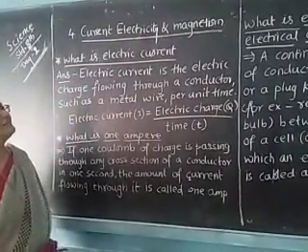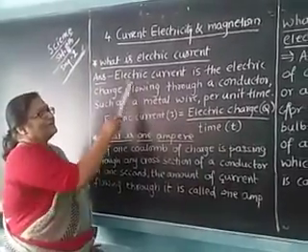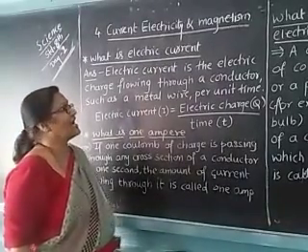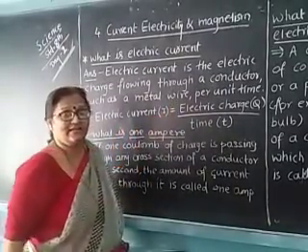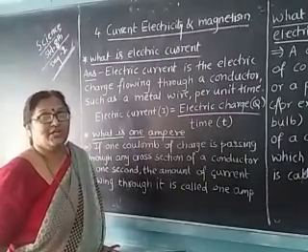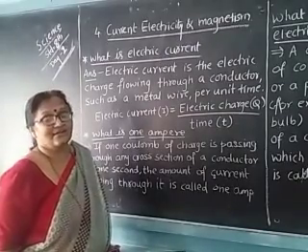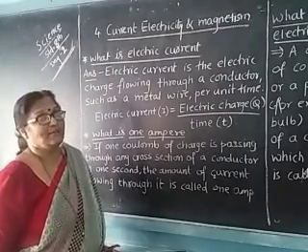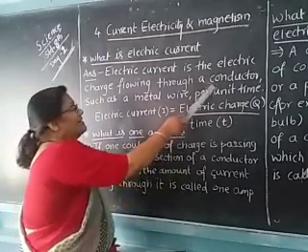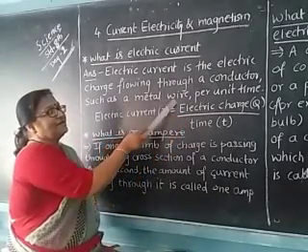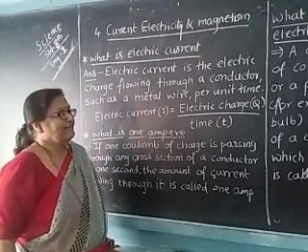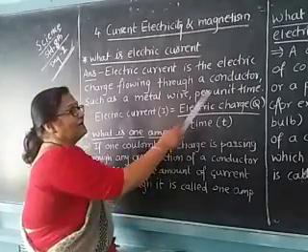Now what is electrical current? Electric current is nothing but the electric charge which is flowing through a conductor. That means a particular charge is flowing through a conductor. We know that the electrons are flowing from one point to another point in a conductor, such as a metal wire. You can say the conductor may be the metal wire that we can take.